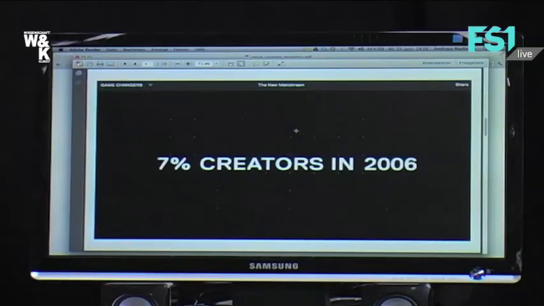So that's a pretty interesting statistic that comes from this report called The New Mainstream, done by this London-based agency called Wolff Olins, which is a brand agency. In this report, they look at